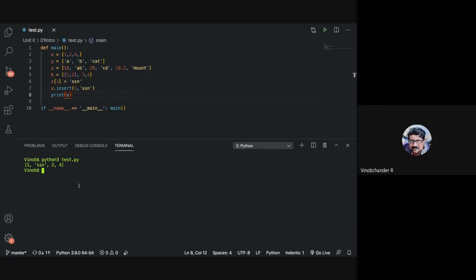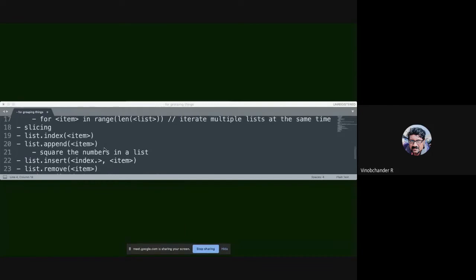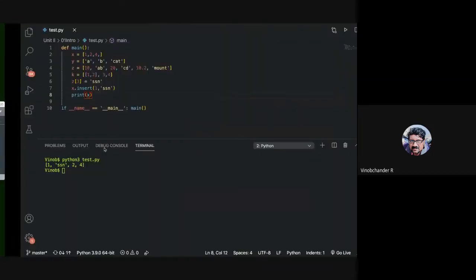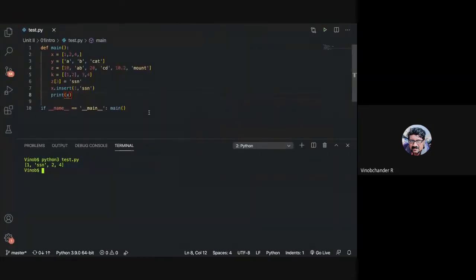All right, so that is insert. You have append, you have insert, you also have remove, right? That removes an item. Okay, let me have this so that it is updated.